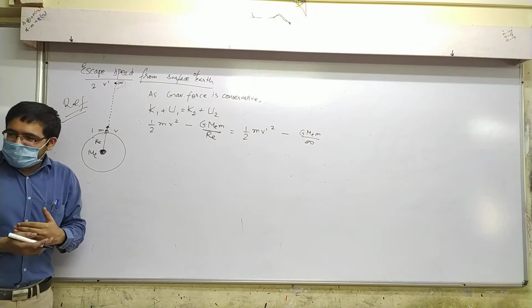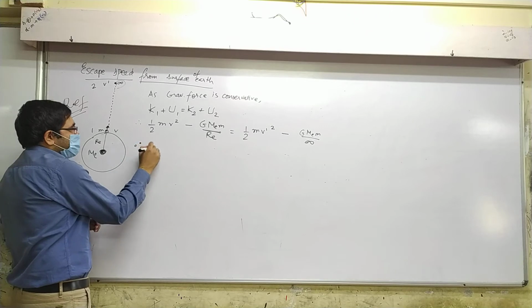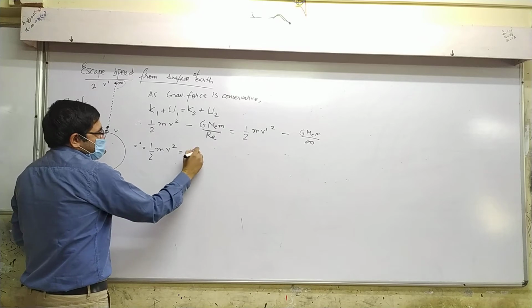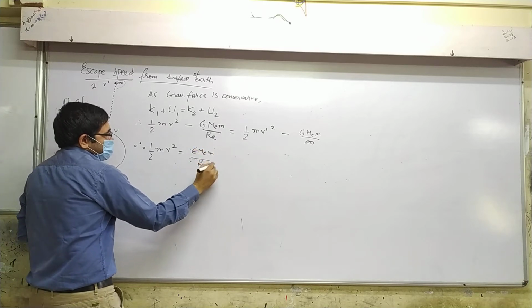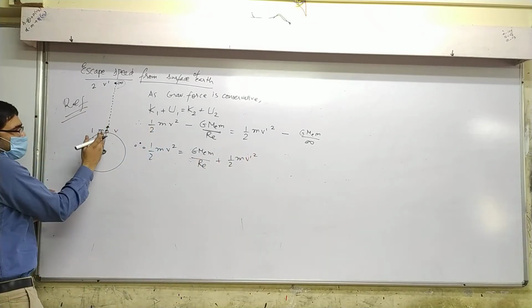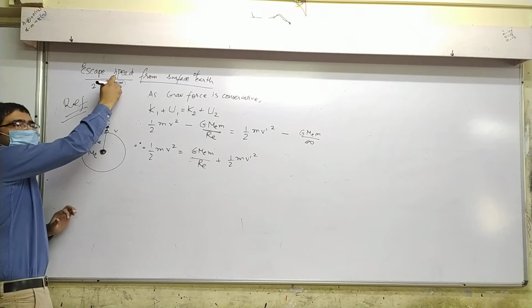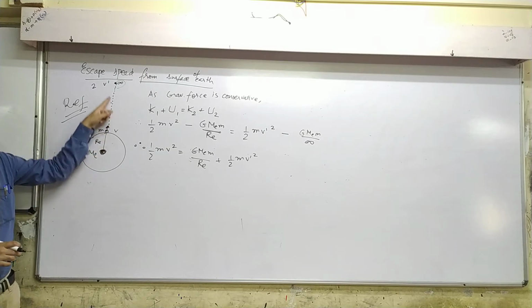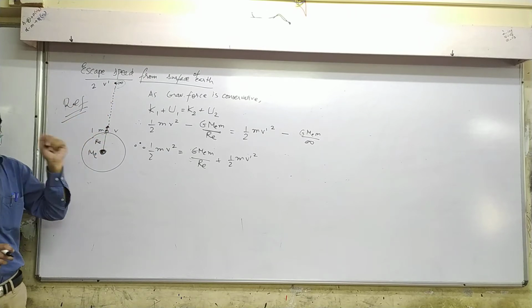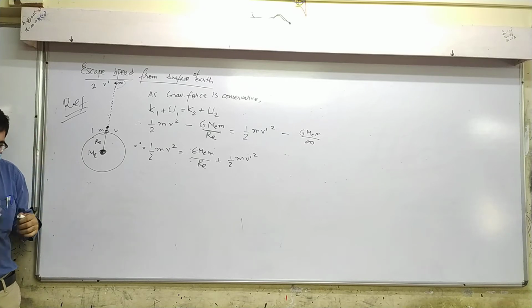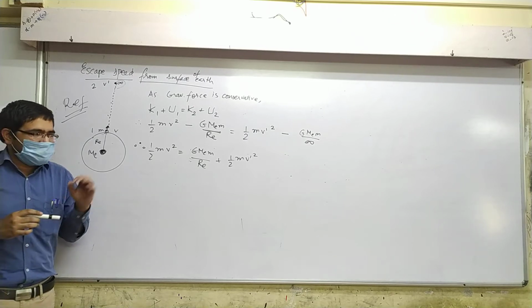Now, if that term is 0, fine. Read the definition again. We want to find the minimum speed. While you read that, I'm going to write the next step here, which is very simple. We want to find the minimum speed with which you should launch it and it should still go to infinity. We should launch it with minimum speed. Then that minimum speed is called what? Escape speed. Clear?